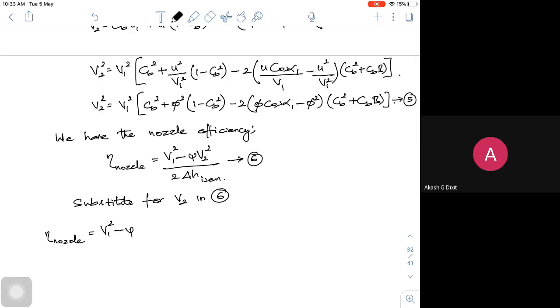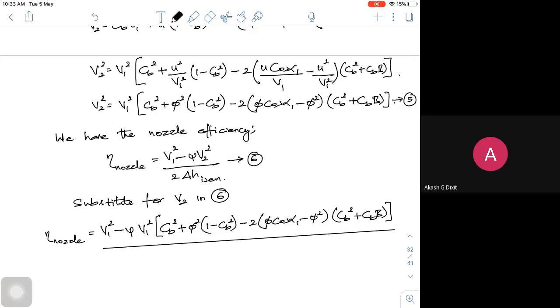So that is V1 square into CB square plus phi square into 1 minus CB square minus 2 into phi cos alpha 1 minus phi square into CB square plus CB into B. Whole thing divided by 2 times your isentropic